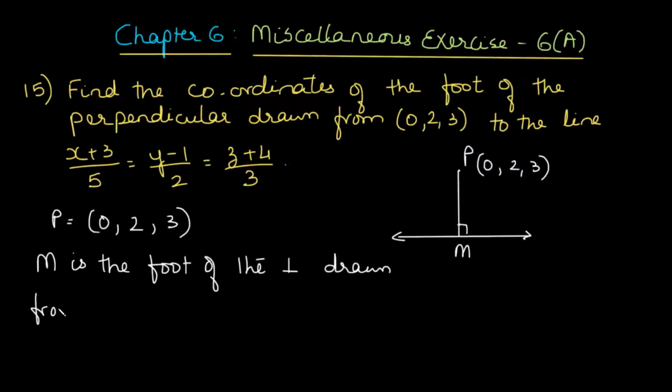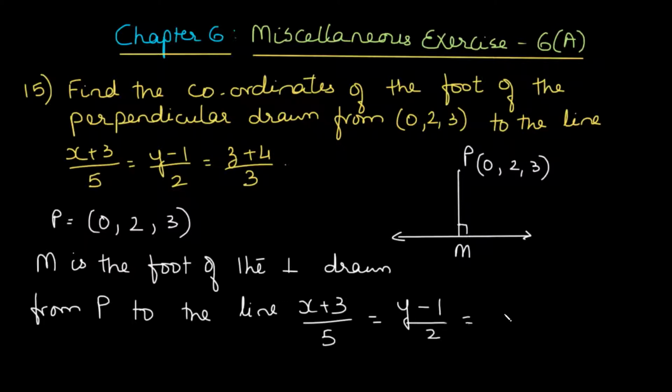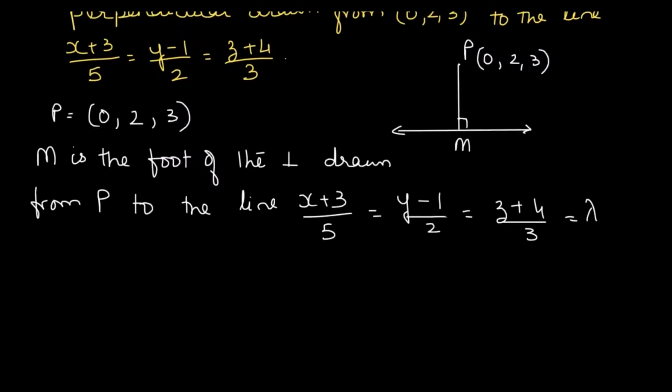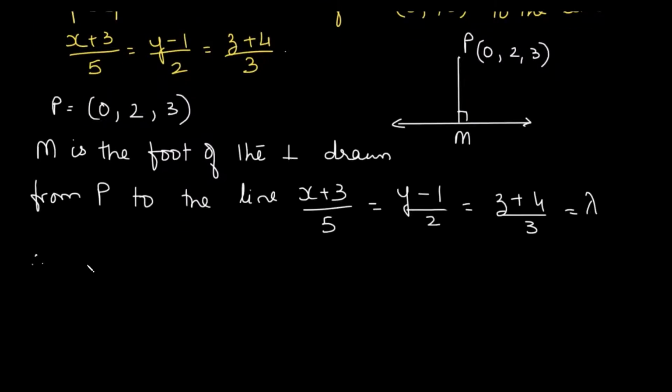Drawn from P to the line whose equation is (x + 3)/5 = (y - 1)/2 = (z + 4)/3. Let us write this as lambda. Say it is lambda. Now, therefore, any point on the line, the coordinates of M, that is the coordinates of any point on the line, are,